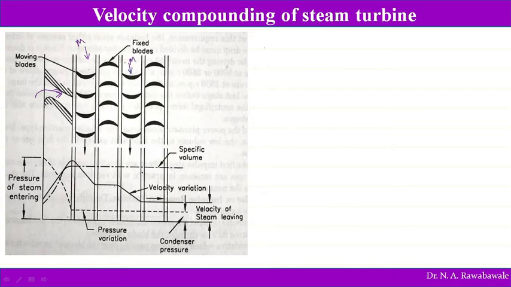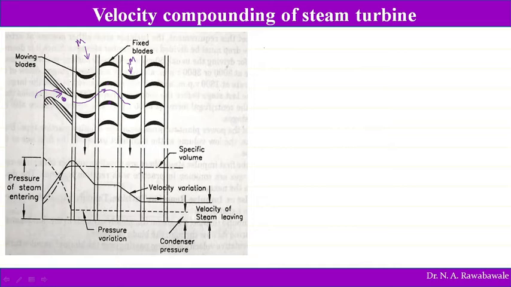and in between the two moving blades there is one row of fixed blades. So there is a single set of fixed blade. The function of the fixed blade is only to direct the steam. When steam comes through this set of moving blade and then enters the set of fixed blade, the fixed blade gives direction to the steam to pass into the next set of moving blade, and the enthalpy drop takes place only in the nozzle at the first stage.